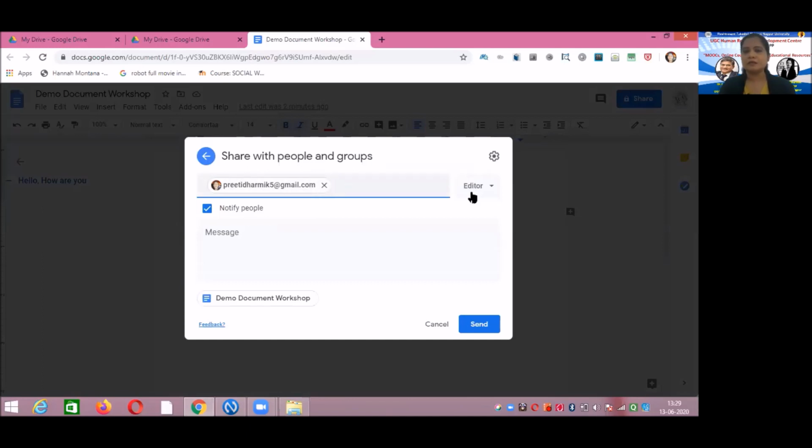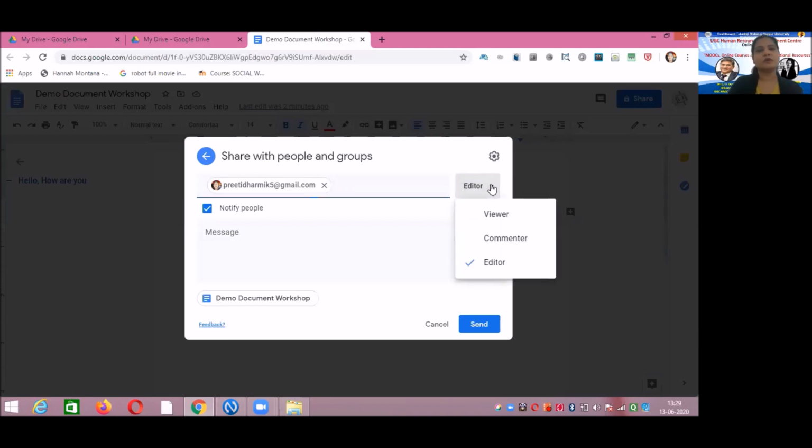Now, the key feature is this part. For the person to whom you are sharing this document, which type of rights do you want to give him or her regarding this document? If you want to share this document with your colleague only for viewing purposes, then you can click on viewer, or if you are sharing this document with your colleague for editing, to give him or her the right to edit, then you can click on editor.